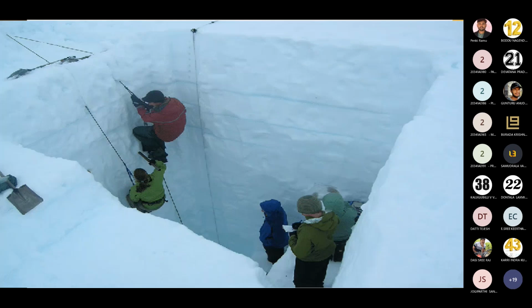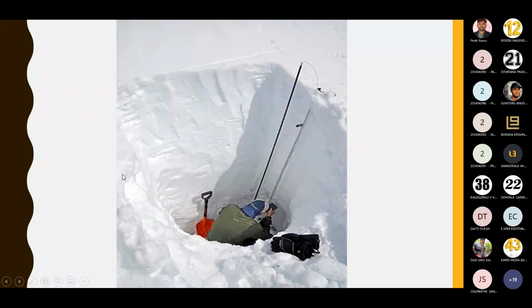This is how observations are taken in snow fields. You can clearly see a person digging a pit and crawling into the pit to collect observations related to the snow. This is going to be exhausting because they have to carry the equipment at the same time. They face a lot of threat. So in the cryosphere, it is going to be very difficult to conduct these experiments.